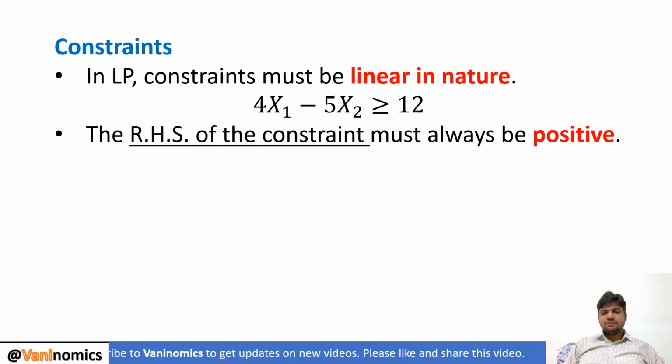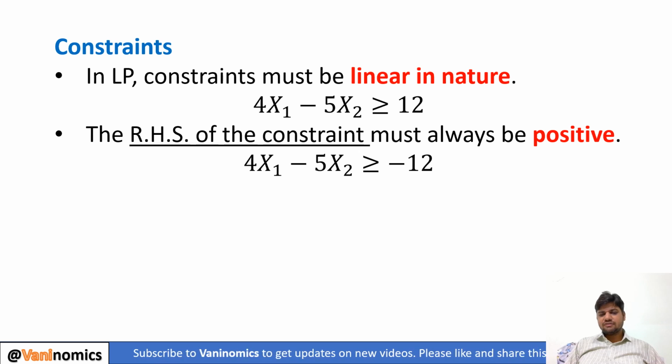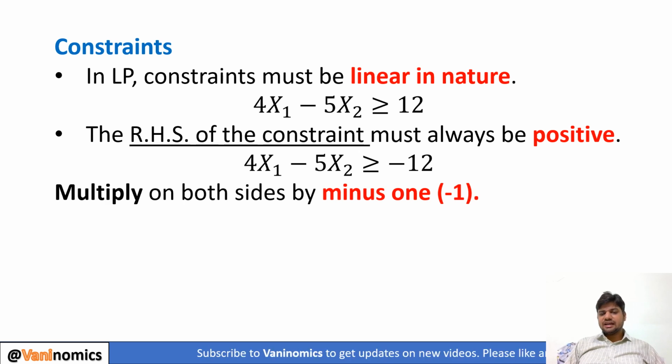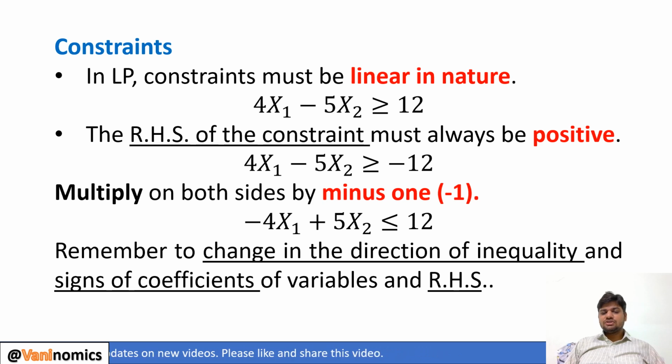The RHS of the constraint must always be positive. So here we can see, suppose there is a constraint 4x1 minus 5x2 greater than equal to minus 12. So here the right hand side is minus 12, and the minus sign is associated with the right hand side. Then multiply on both the sides by minus 1. So if you multiply, then plus 4 will become minus 4, minus 5 will become plus 5, then minus 12 will become plus 12. You must also remember to change the direction of inequality from greater than equal to, to less